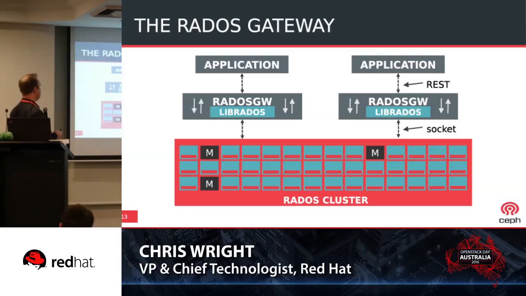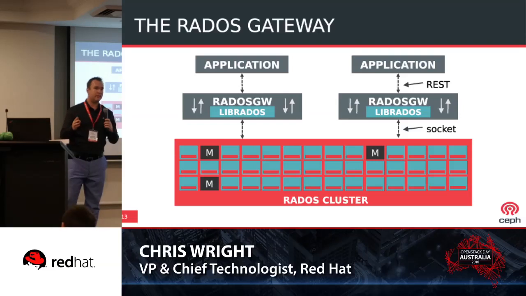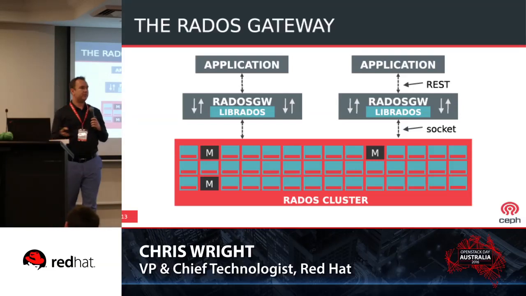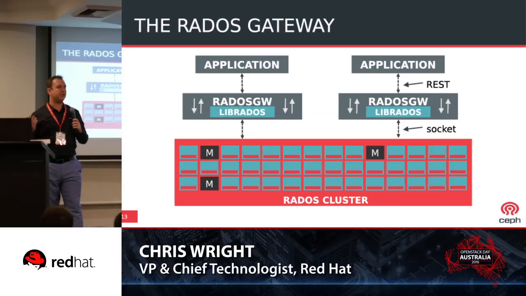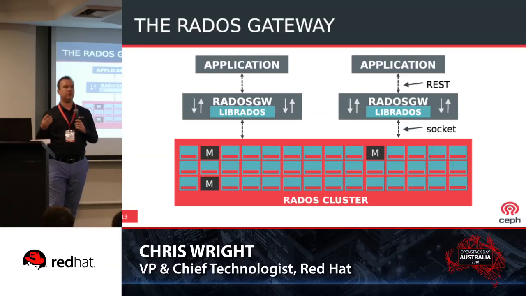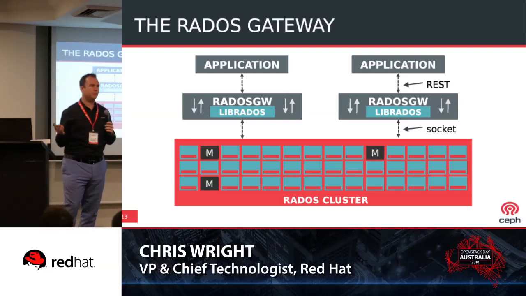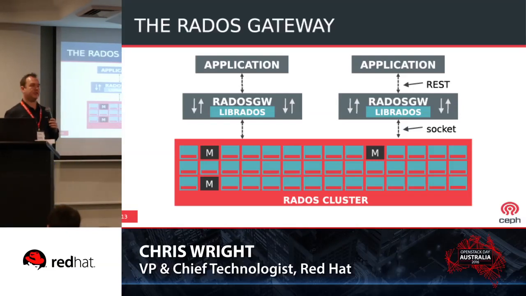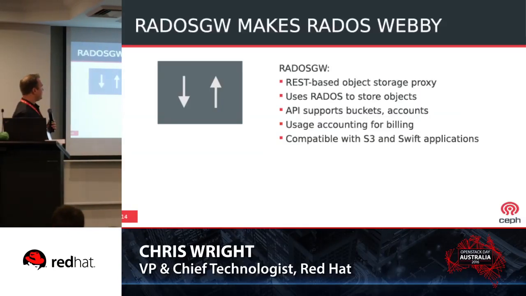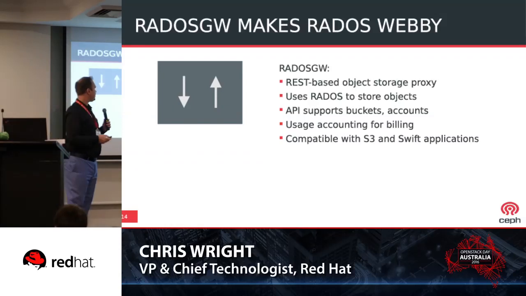So, integration with OpenStack. The first thing we'll talk about is object. In OpenStack, we expect to have Swift, and then applications also often want to have S3. So you can have this RADOS gateway, which is basically just a web server. You can use Apache, you can use Civet Web, you can make it virtual, you can make it physical, you can containerize it, and we know how to load balance web services. We've been doing that for a long time. We do it pretty well. That's basically all that is, and it talks to the Ceph cluster on the application's behalf, and you get that RESTful API that applications expect. So you get user accounting, buckets, etc.